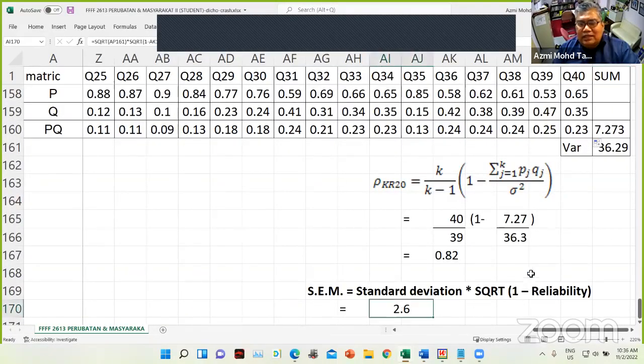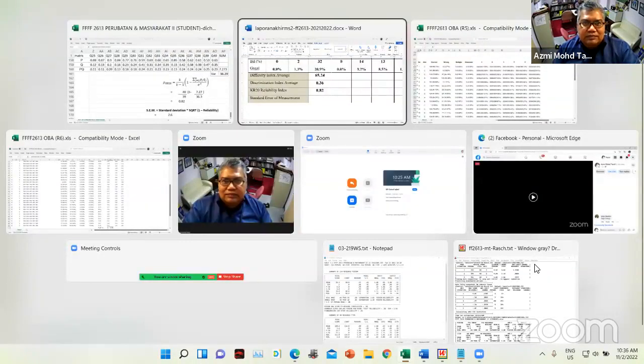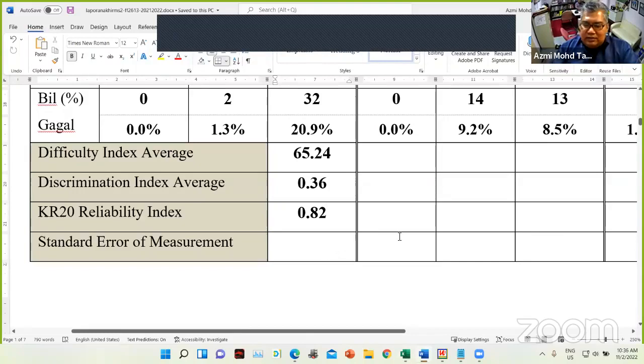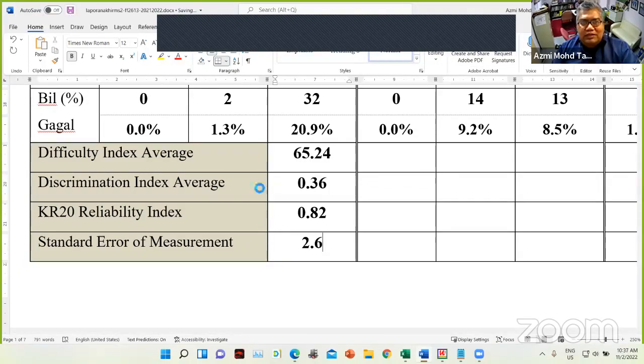Not bad. So that is how we generate the indicators: the difficulty index average, discrimination index average, the KR20 Reliability Index, and the standard error of